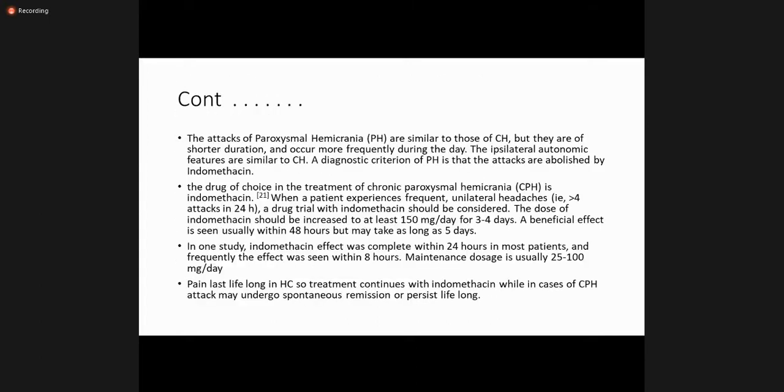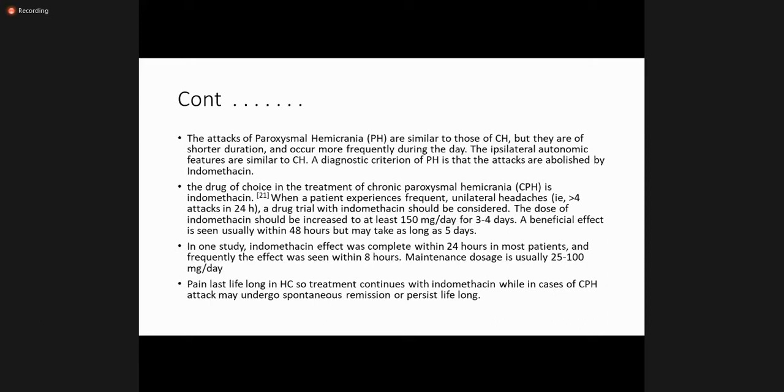Now, the attacks of paroxysmal hemicrania are similar to chronic cluster headaches, but they are of shorter duration and occur more frequently, because cluster headache lasts about 180 minutes, though it may vary. They occur in clusters. Whereas paroxysmal hemicrania attacks last 30 minutes maximum, and they have associated ipsilateral autonomic features. Both have the same autonomic features,